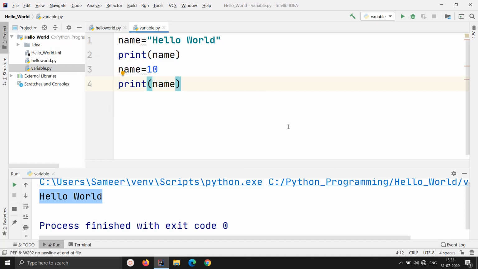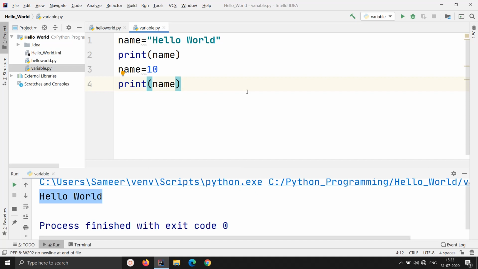Okay, now just observe the code that I have written in front of you. One trick I will tell you to understand any programming language better is that before running the code, you should be able to predict what will be the output of that particular code. I'll give you some time, think over it, pause the video if you want, and just try to guess what will be the output of this particular code.